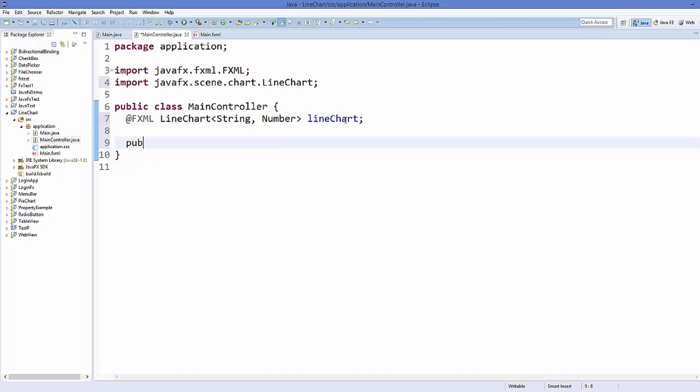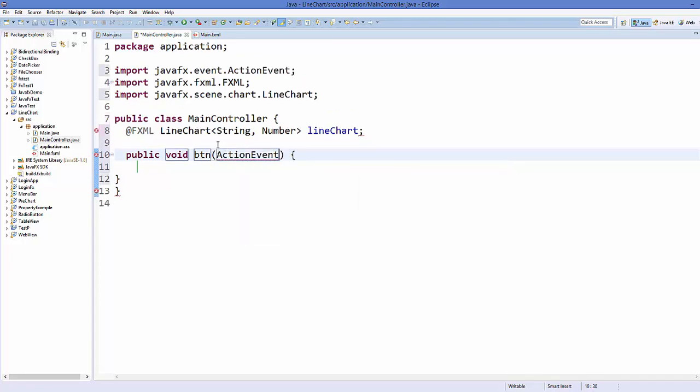Okay, and now I'm going to create a method for the button click event. So just create a public void method, so it's going to return void, and the name of this method I'm going to name it as btn. Okay, and it's going to perform this action event, so just call ActionEvent,